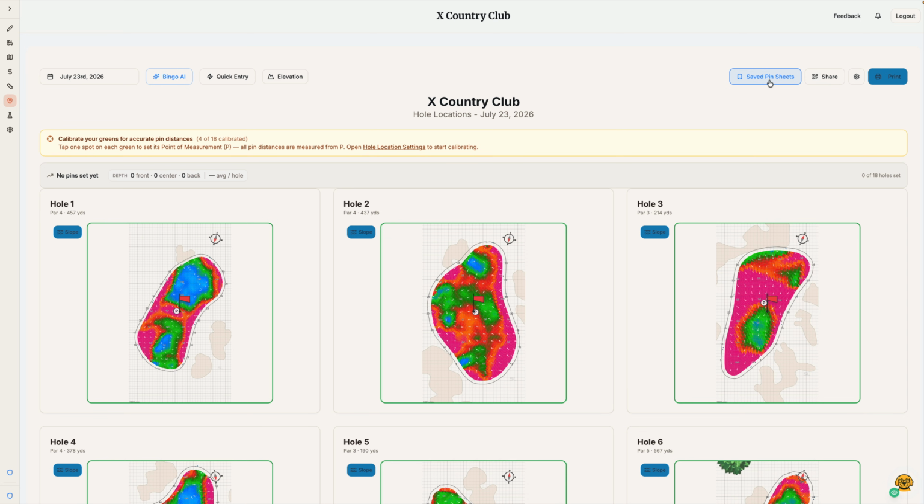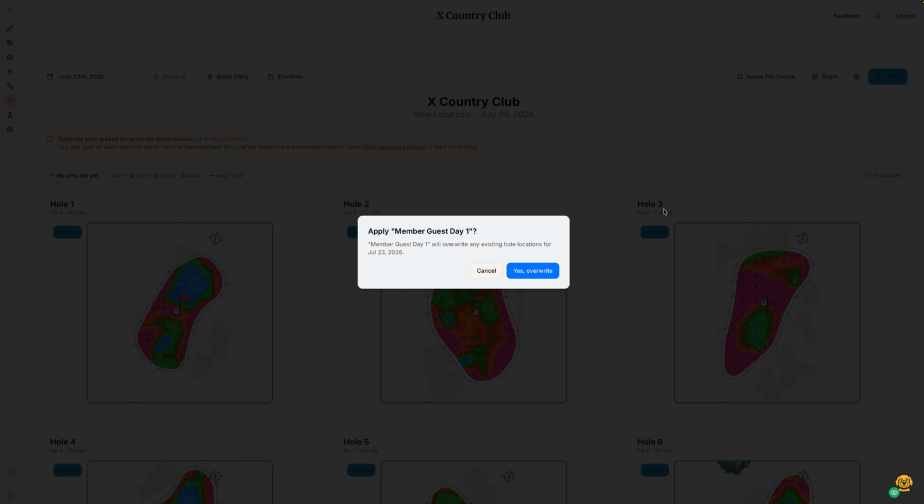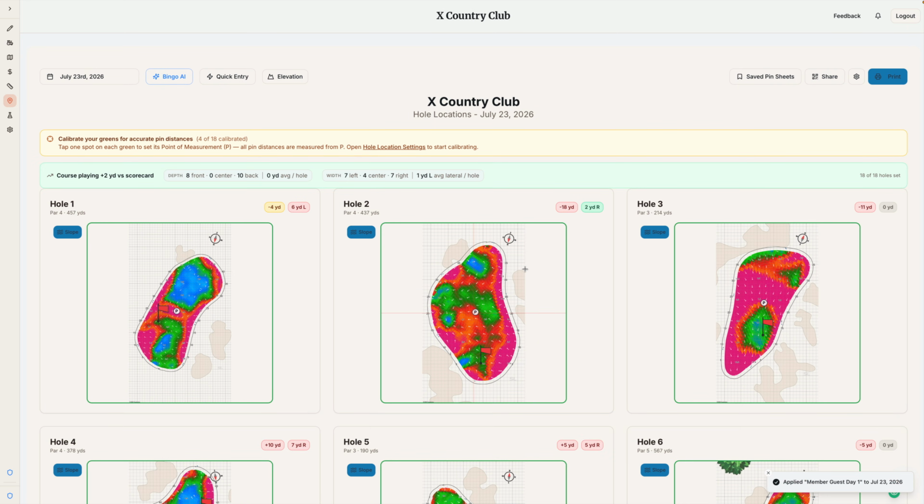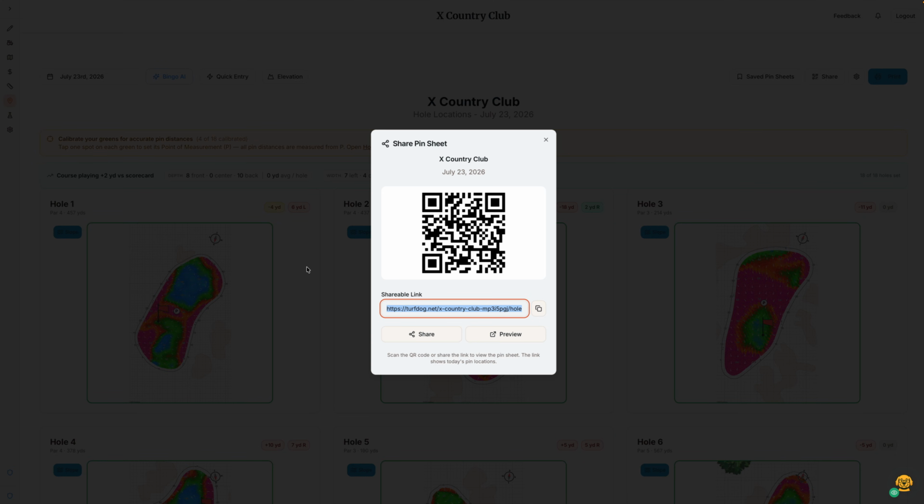because it's a Monday tournament, or your pro shop wants to get people out quickly, it's just right there. You click on that, overwrite, and then it puts all the pins on that pin sheet. So we made it very, very easy to save pin sheets and apply those to any day that you want. So that's saving, sharing,